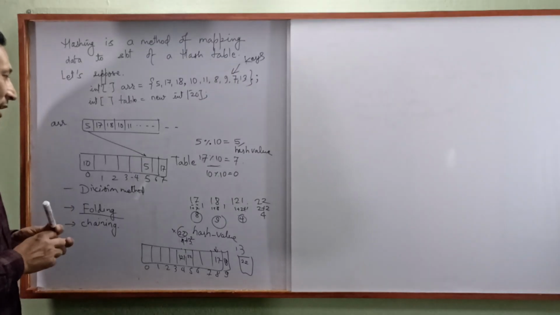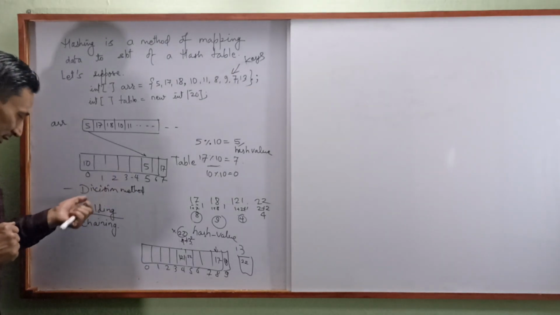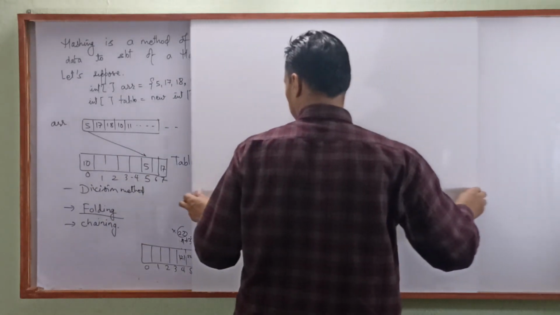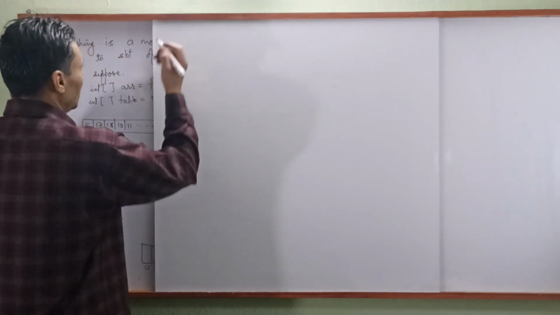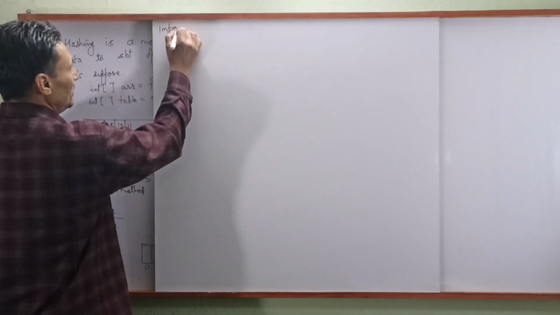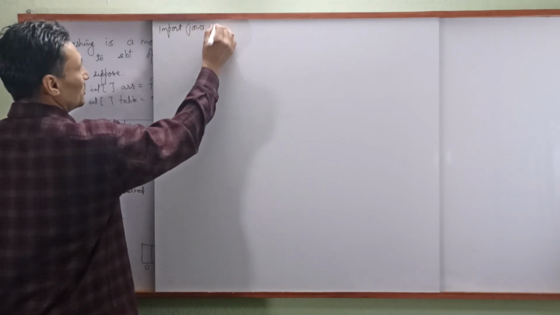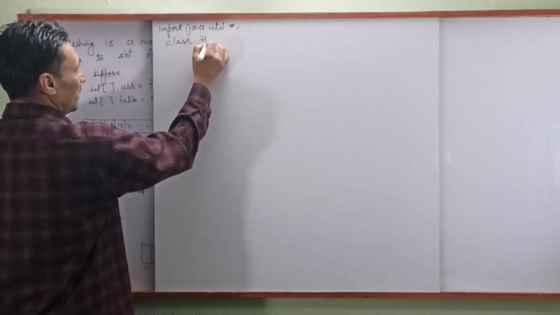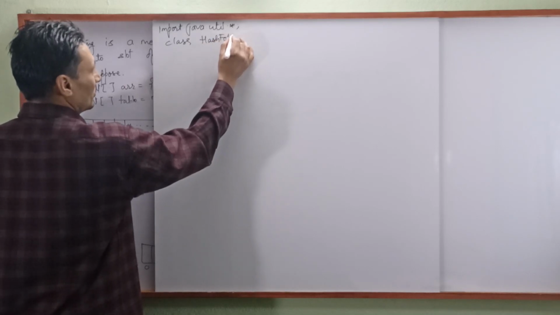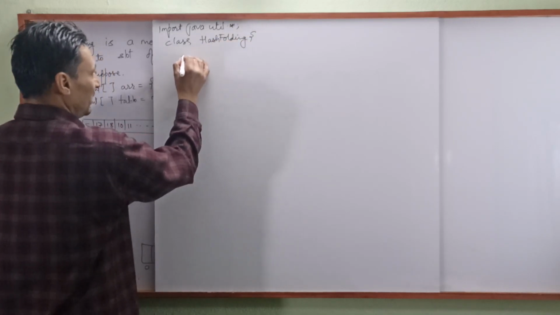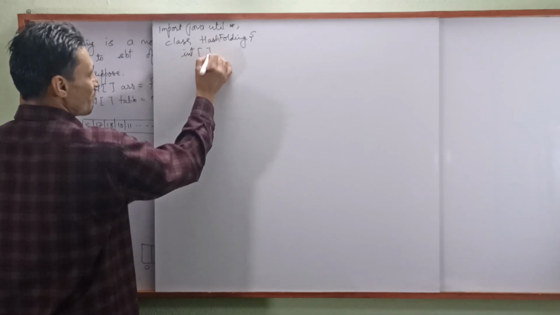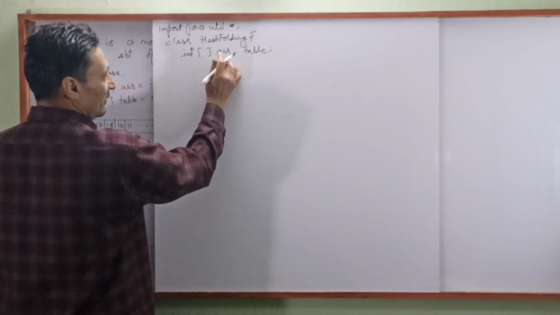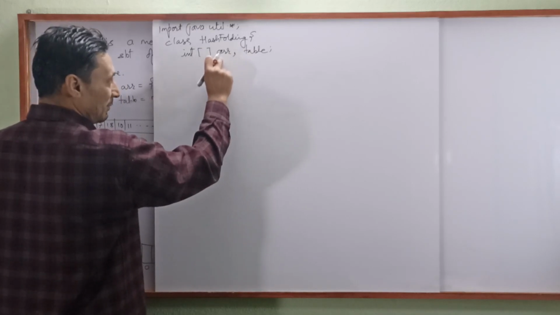Now let's see how we can write a program in Java for this folding method. Okay, this is a very simple one. Now let's define a class. Let's import one package first. Import java.util. Okay, class HashFolding. Now let's declare an array, integer arr, and table. Now this will contain the value provided by the user, and we'll map these values to this